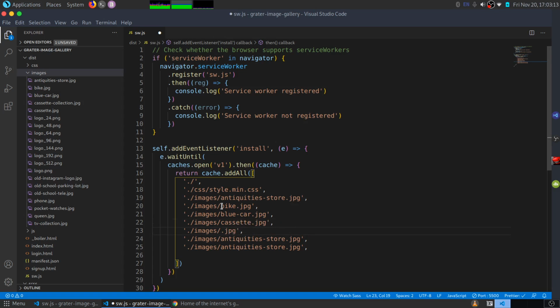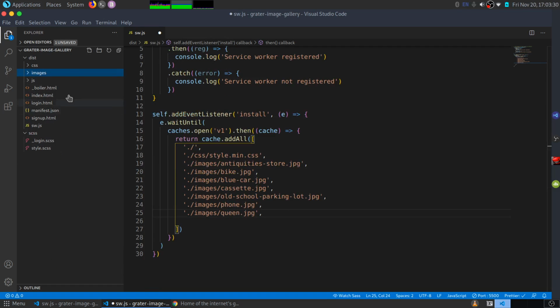Next is old school parking lot, like that. The next is phone.jpg, and the final one is queen, like that. Now once you have cached our images, we also want to add our JS file for functionality, so I'm going